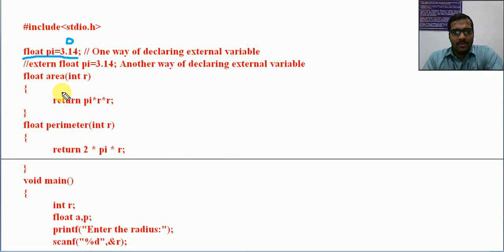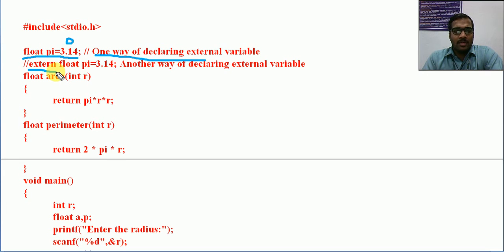That is to be noted, because if you declare a variable inside a function, it will be assigned a garbage value by default. But if you are declaring a variable globally and not assigning any value directly, it will be initialized with 0. Here, like R, we are not initializing any value, so if it is globally declared, it will be assigned the value 0 automatically. That is a general point related to C. So this is a normal variable declaration, but it is done above all the functions. That is one way of declaring an external variable, and another way, which I have given as a comment here, is to use the keyword extern, just to specify that the variable is an external variable.